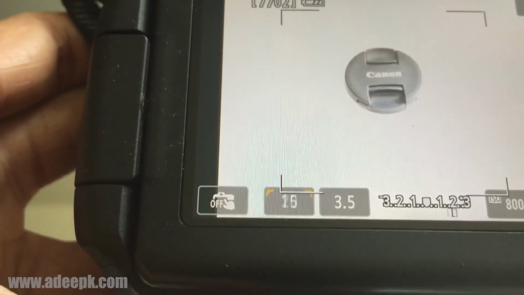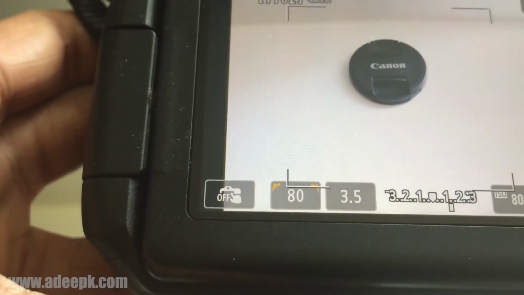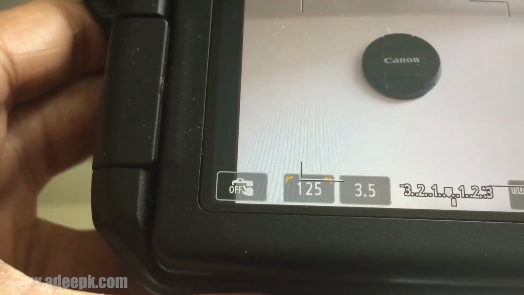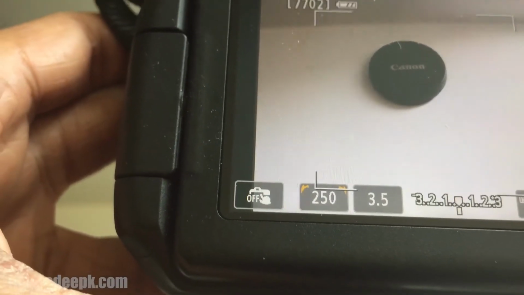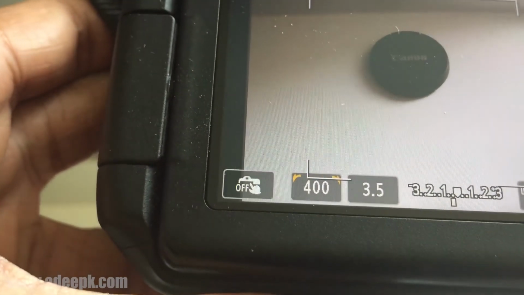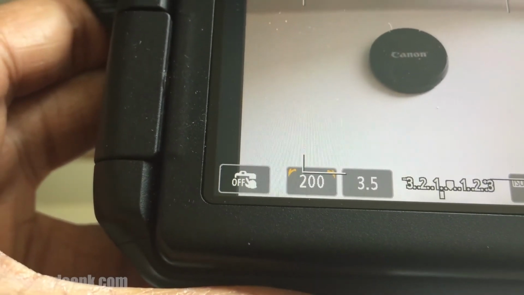As I increase the shutter speed, you can see this meter is moving from the right to the middle. So it is trying to properly expose the scene. You should make sure that it is lying near that middle line.